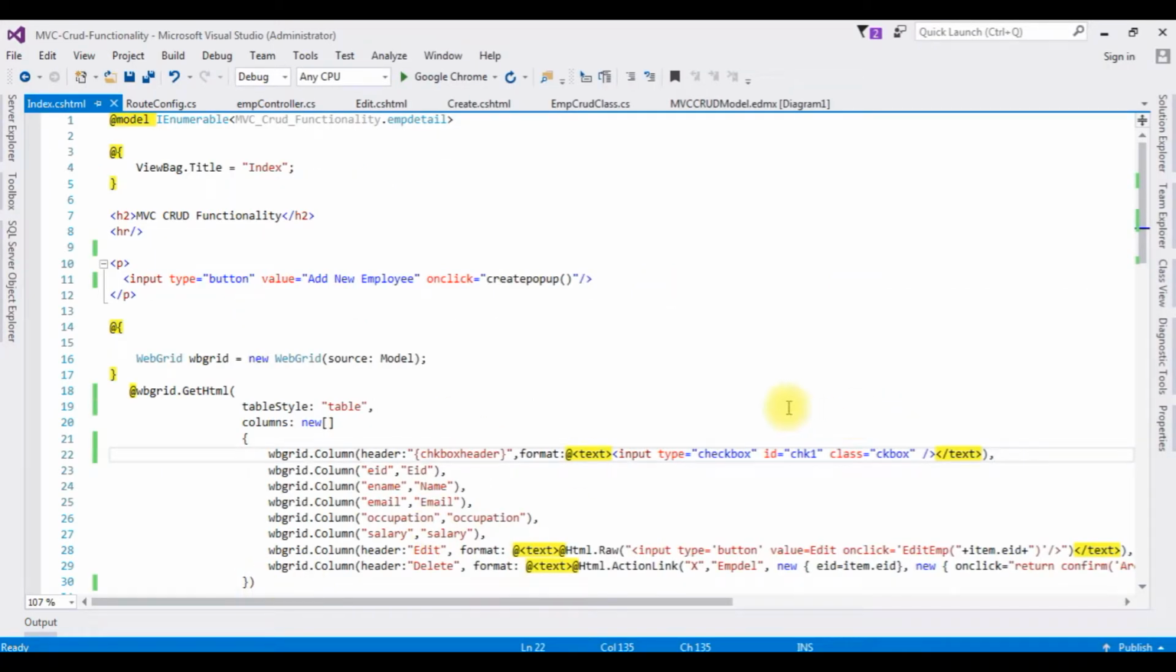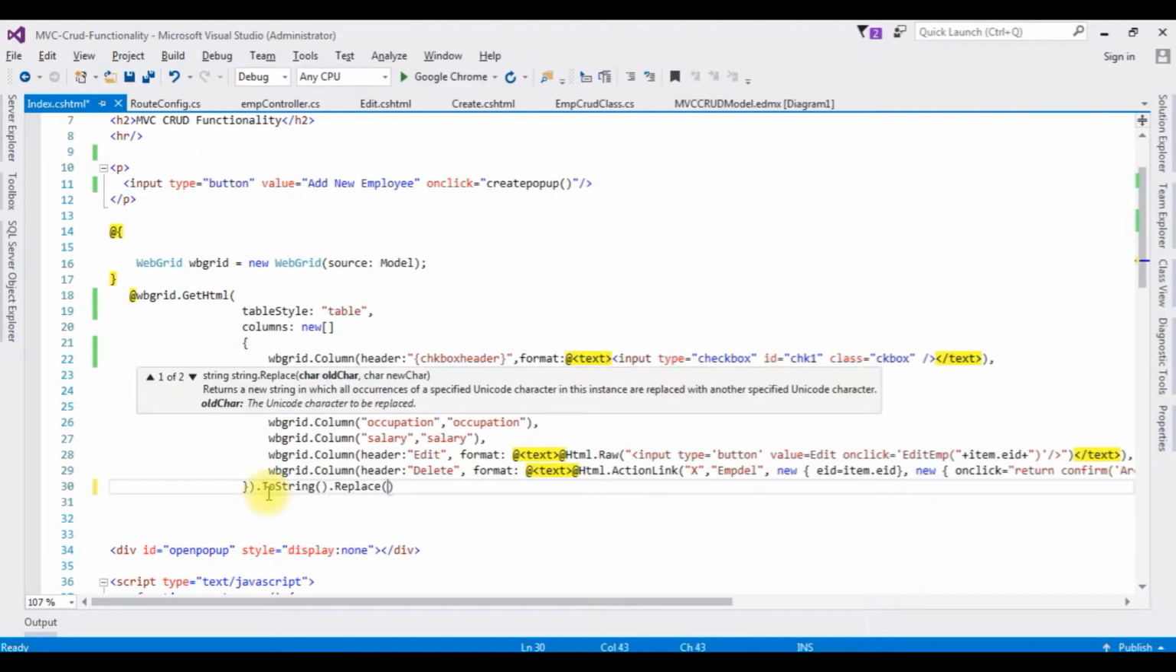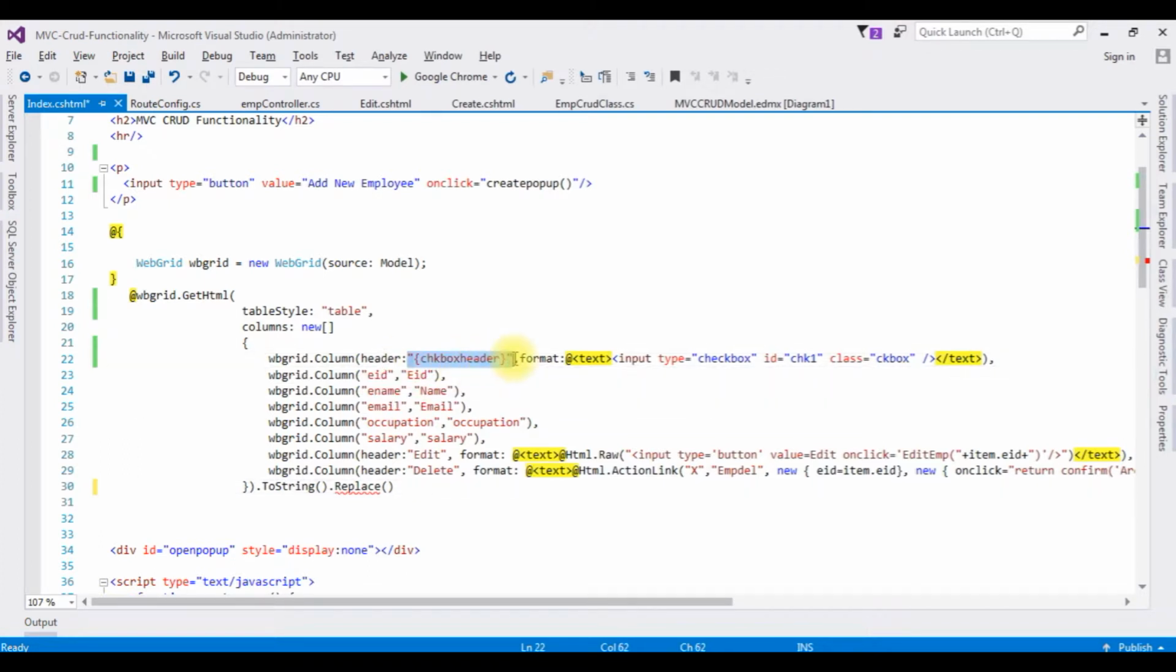Come to the bottom, dot ToString dot Replace. The replace method takes two parameters: the old character and the new character. And here the old character is this one. I'm just copying this checkbox header, comma,